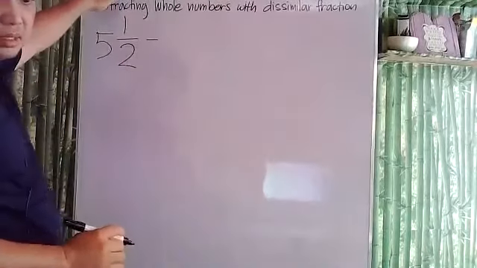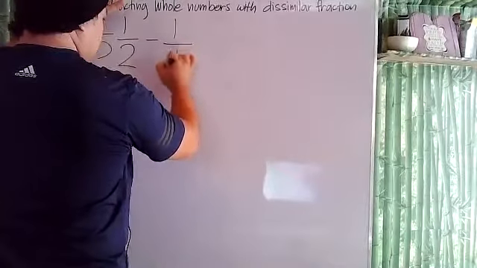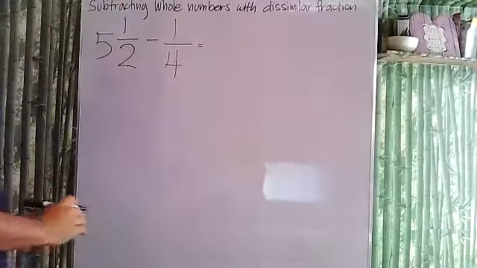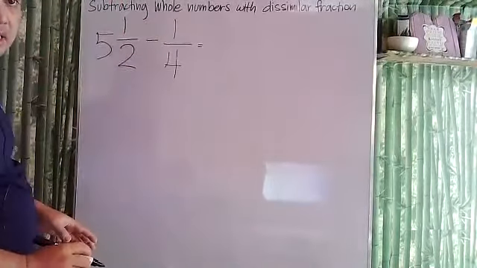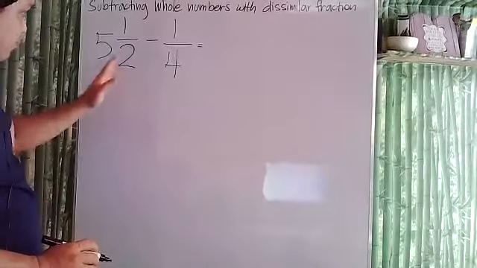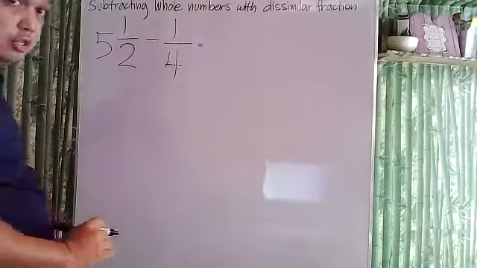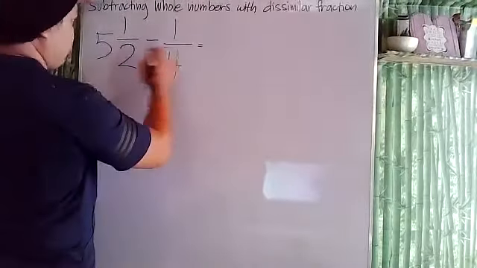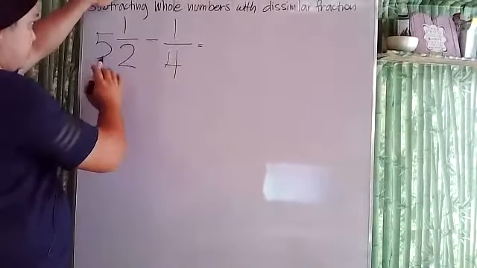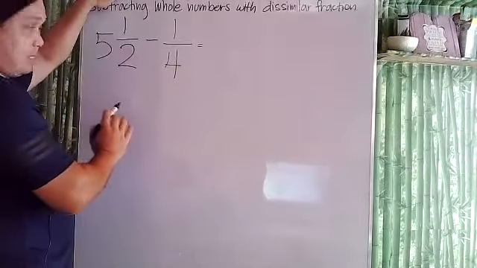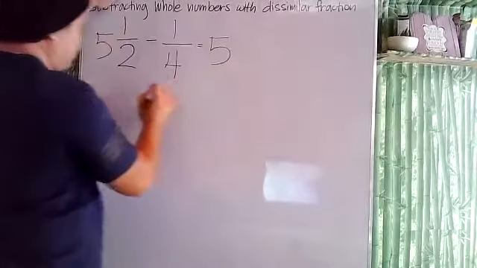minus 1 fourth. Okay, so we have here dissimilar fractions, because 1/2 and 1 fourth are dissimilar with each other. Why? Because they have different denominators. So to answer this, first copy the whole number. Why? Because we first subtract the whole number. So 5 minus nothing is 5. Then subtract the